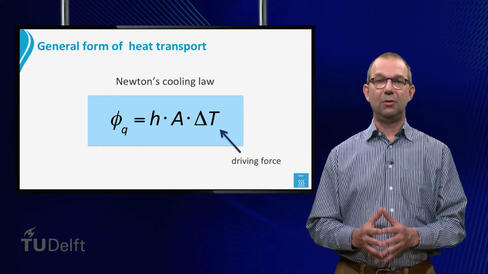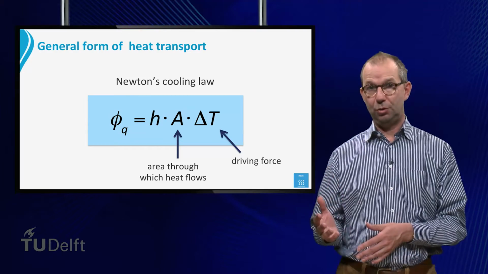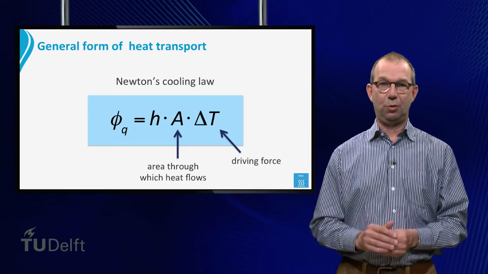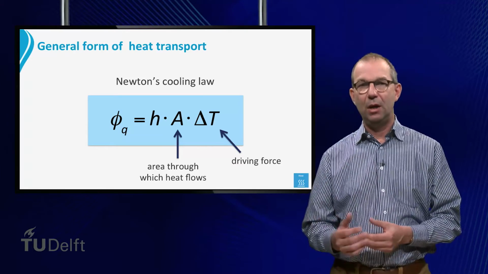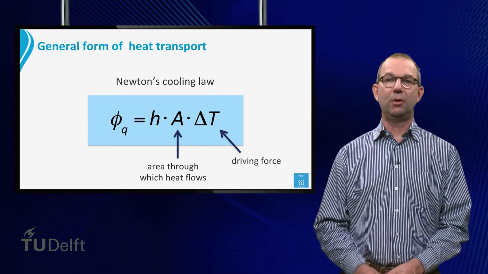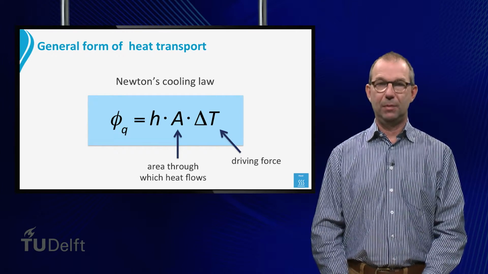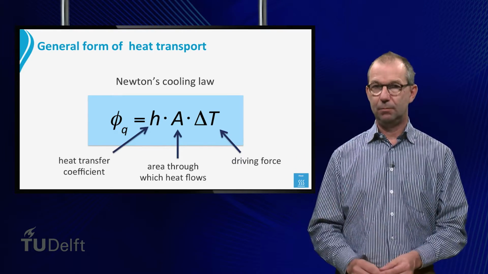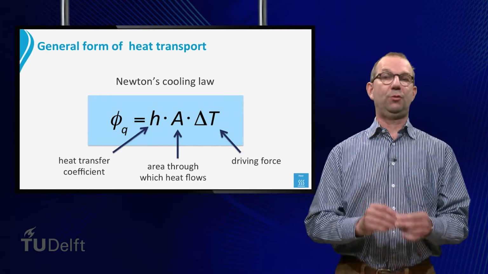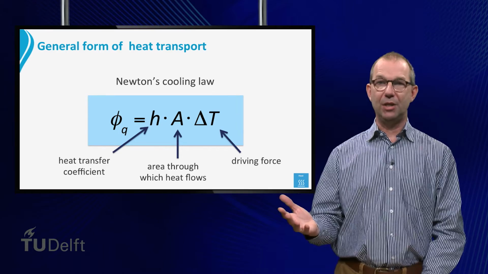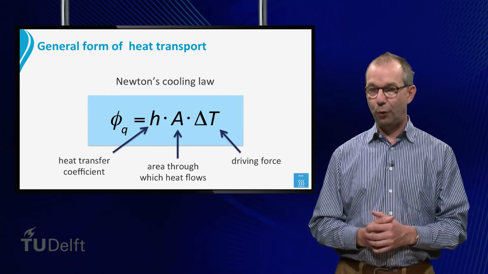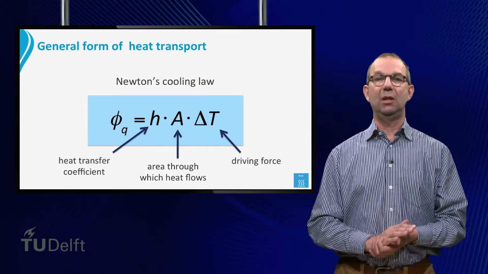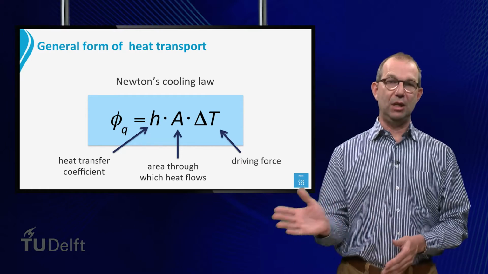It further takes into account that we expect the flow to be proportional to the area available for heat transport. Obviously, all kinds of details concerning the geometry, the materials involved, and whether or not there is convective transport are not captured by A times delta T. Therefore, a coefficient h is put in front of A times delta T. This is the so-called heat transfer coefficient. For different situations, h will take on different forms. For now, it's sufficient to think of h as a given quantity that describes how effective the heat transport is.